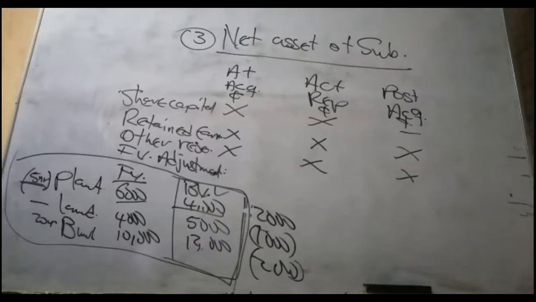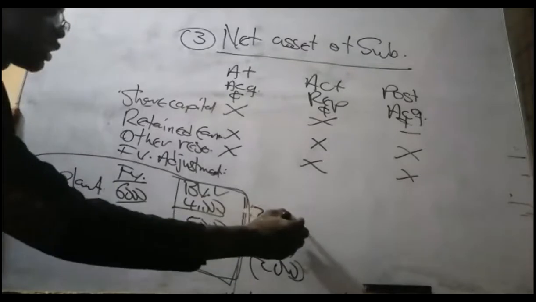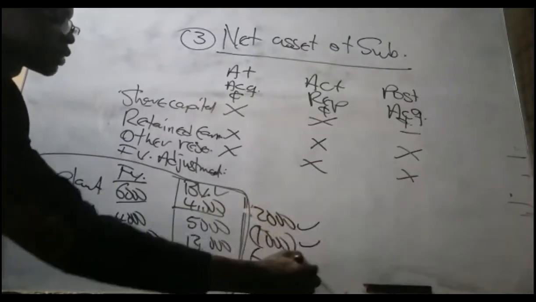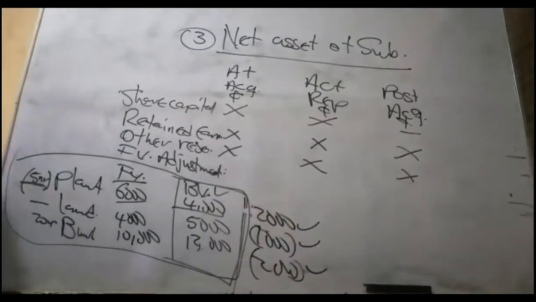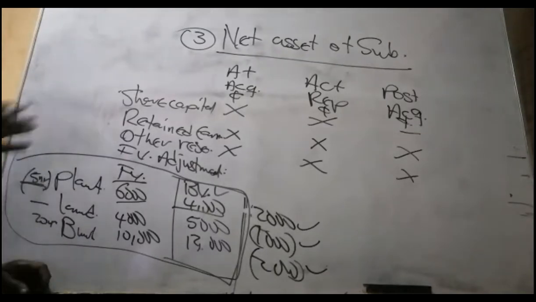An item of plant, which have a fair value excess of 2,000 over the book value. At the date of acquisition, the remaining useful life is what? 5 years. We are done. So here in exams, you'll be given these values sometimes. So at the date of acquisition, the asset book value is equal to the fair value, except some few items,